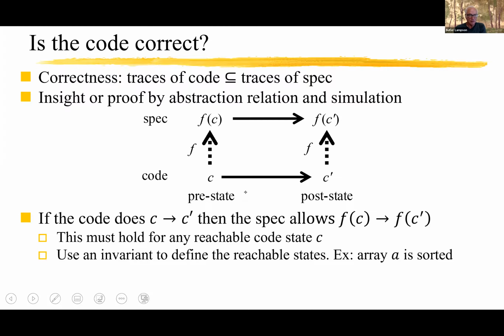You have to have an abstraction function that works systematically across the entire behavior of the system. You have to be able to write down a single abstraction function that maps the states of the code up to the states of the spec. Okay, but does the transition, the horizontal line in this case, from the pre-state of the code to the post-state of the code, need to be the exact same thing as the pre-state of the spec to the post-state of the spec through a function? It has to be the same thing in the sense that